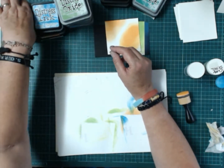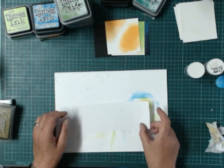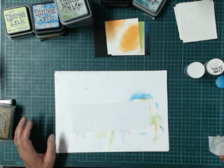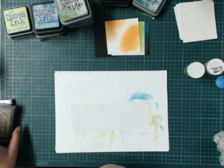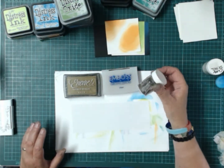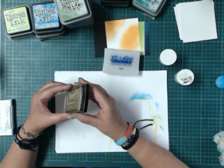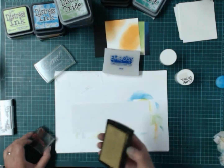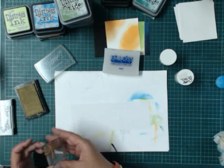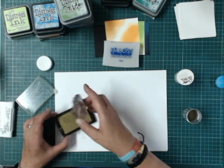We'll push those to one side for a moment because I'm going to show you a little experiment how you can switch up your heat embossing a little. I've got a gold ink pad, got a clear embossing pad, got gold detail powder and clear detail powder. Now these Encore pads I've had for minimum 10 years, and apart from being re-inked a couple of times, they're still going strong. First one we're going to do is gold ink,